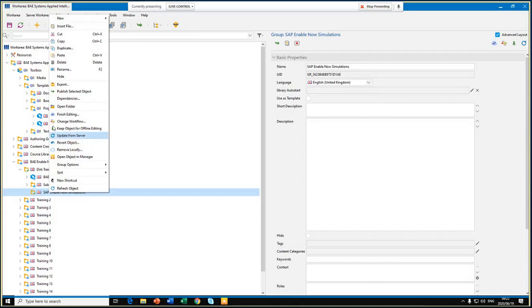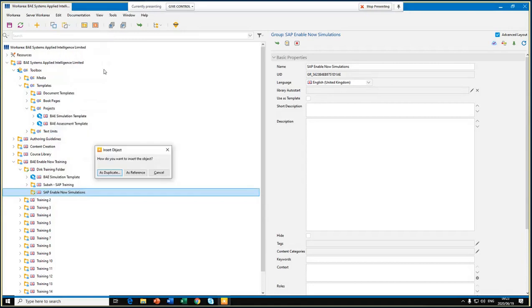Okay, so I'm going to hit paste, and Enable Now will ask me if I would like to insert this object as a duplicate or as a reference. There's quite a big difference between a duplicate and a reference. I'll start with the easy one, a duplicate. A duplicate is a copy of that template, and it's a standalone object, so you can customize or change that object. As a reference,